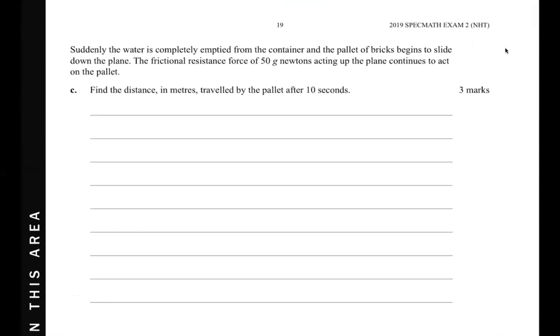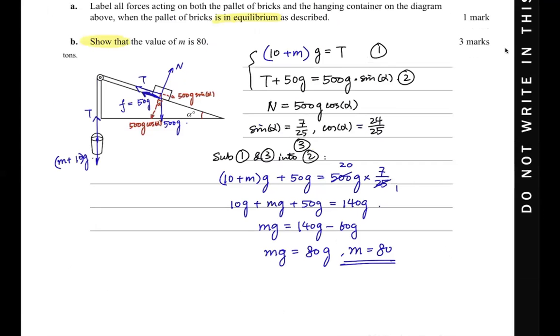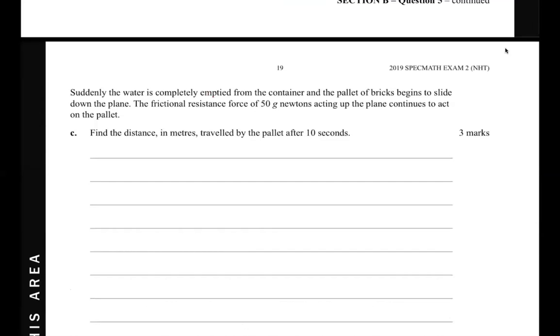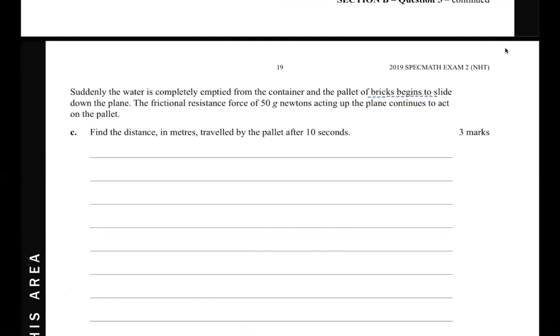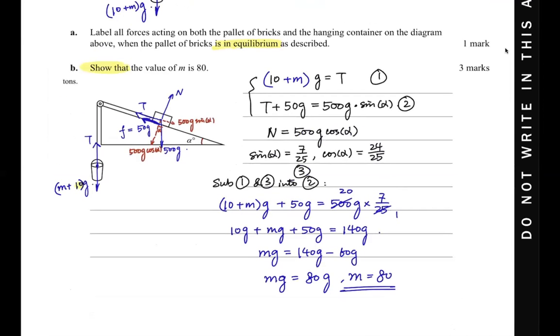Suddenly, the water is completely emptied from the container. That means we don't have the 10g anymore. So let's just carry out the diagram as well and see if we have anything different. And the pallet of bricks begins to slide down the plane. Okay, once it slides down the plane, does the frictional force change direction? No, because it's opposite to the moving direction. Okay, so we can still use the diagram, but with another